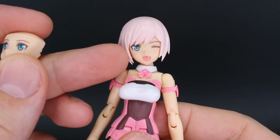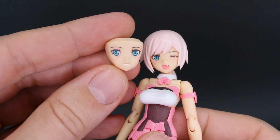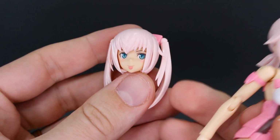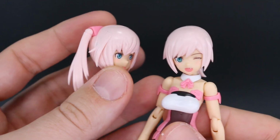So you have this winking face there with a little tooth in there, very cute. And the second option here is just a more standard face, looking off to the side with the smiling teeth there. And then the third face is also smiling, looking off to the other side, but with the tongue sticking out a little bit. And so again, as you can see here, you do have enough parts to build 2